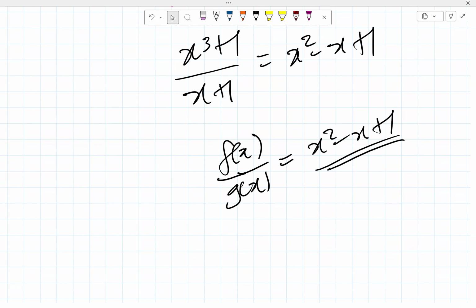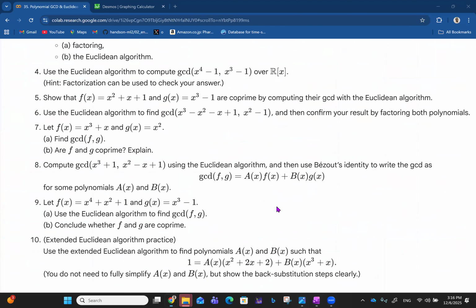Can we then say that... I have a bit of challenge with this. Since the answer is straightforward like this, I wonder how to use Bézout's identity to write the